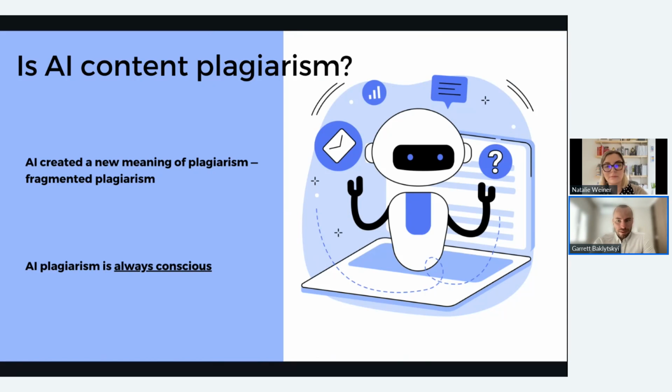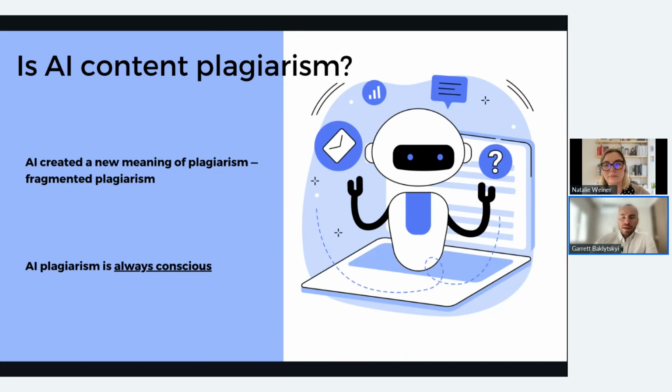From the human perspective, this kind of plagiarism would be called paraphrasing because it requires a student to understand the general idea and then simply put it in their own words. A machine does this in seconds, and the student can just copy paste this result. But the main problem is that the student did not commit to creating this paraphrasing. So we should address AI content as AI plagiarism.